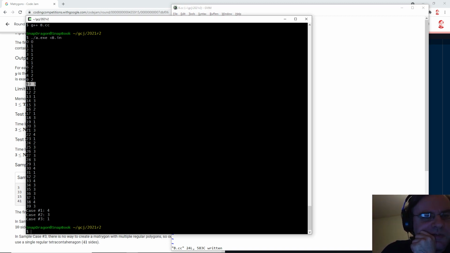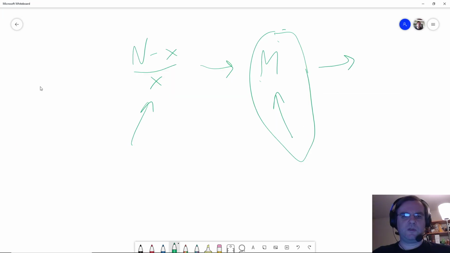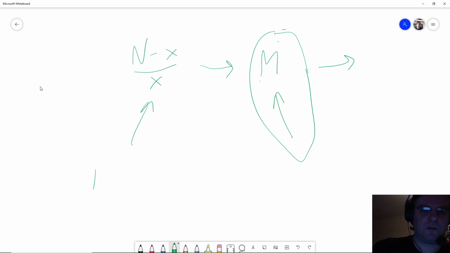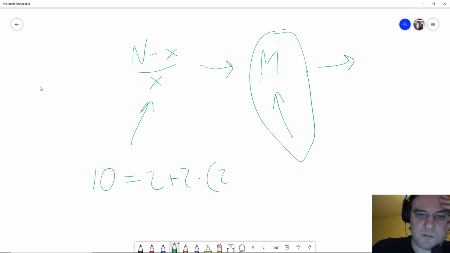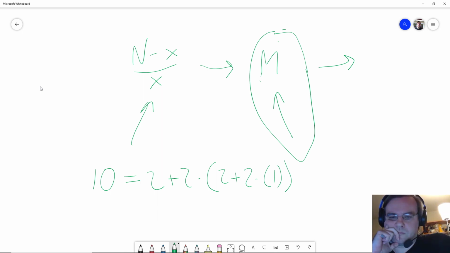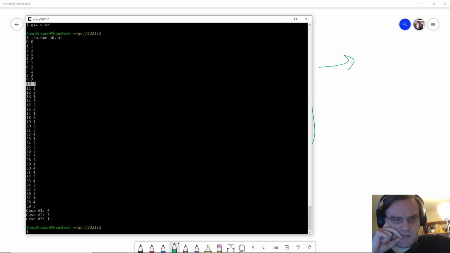So 10 is 3 somehow. So you subtract off 2 and then divide by 2 and you end up with 4. And what's the sequence that works for 10? Does 1 work as a base case? Am I getting that right?